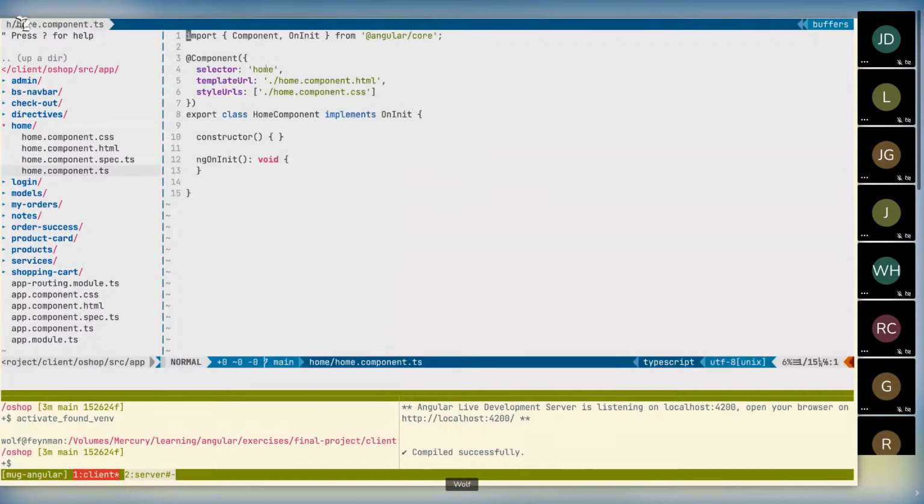TypeScript client-side program, and it's running the Angular Live Development Server, which I can't show you because I don't have my web browser turned on to do the right thing. But also,